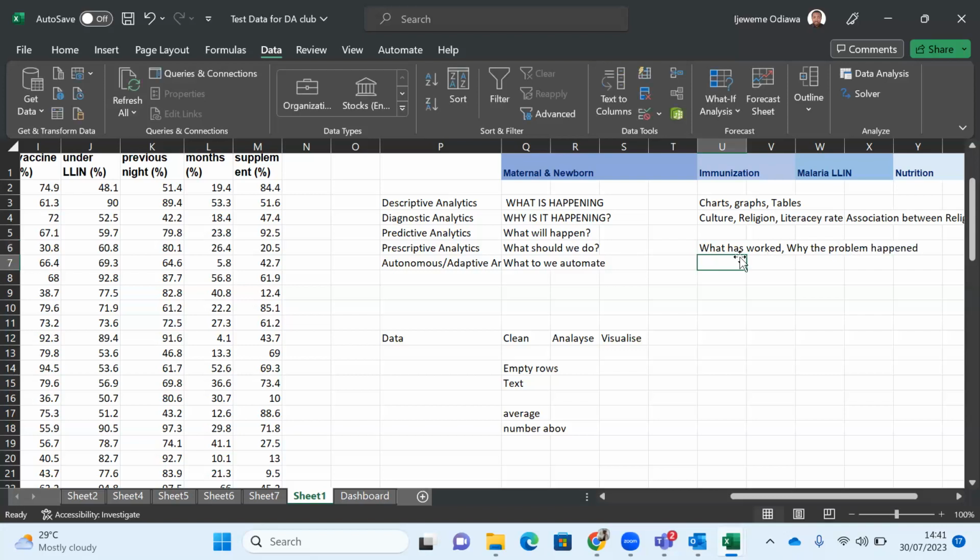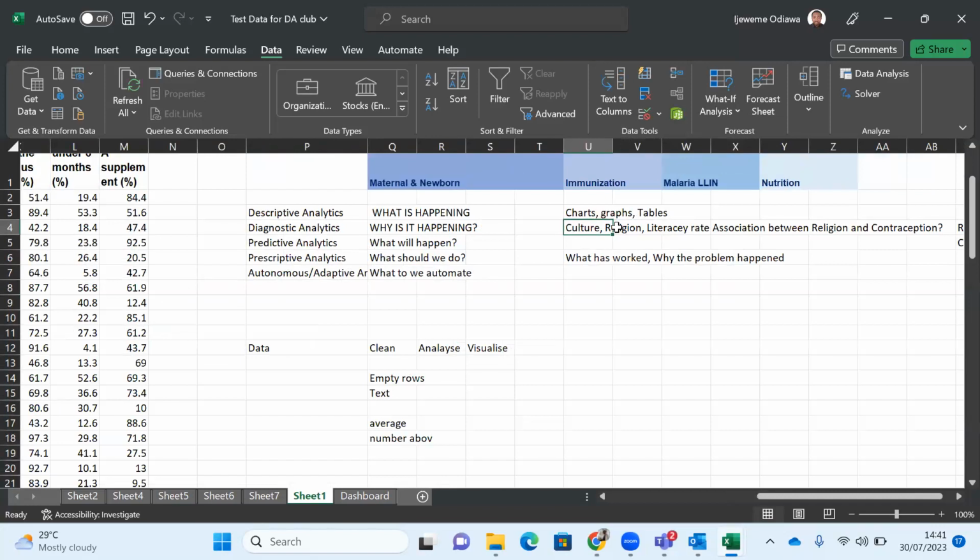So prescriptive analytics builds up from this, right? It tries to build up from this. If we assume, or we're able to confirm, that literacy rate is a driver of contraception, and we want to increase contraception, the question we'll now ask ourselves is, now that we know this is a driver, what happens if we increase literacy rates by 20%? A 20% increase in literacy rates will result in